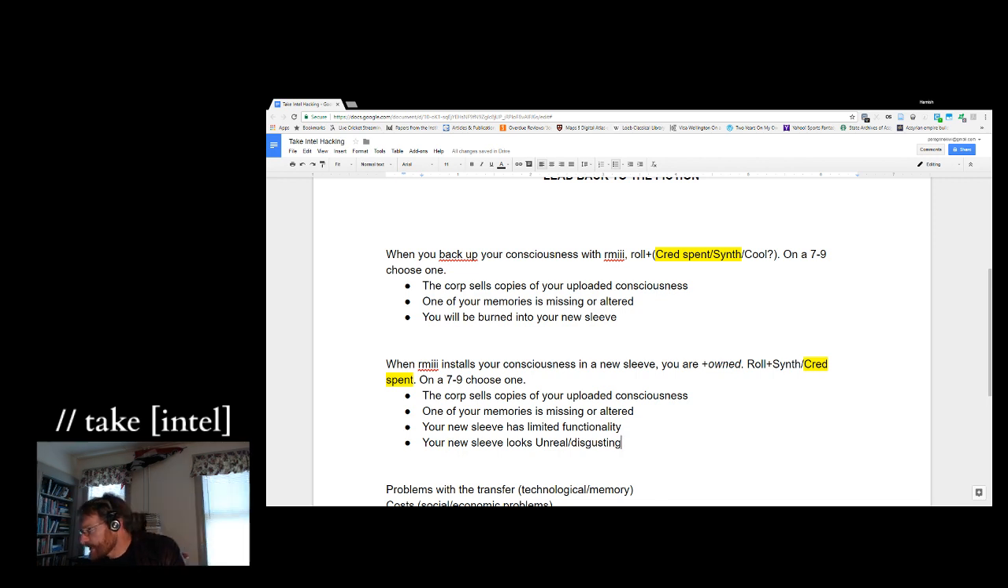Okay, I feel like there was something else in the chat that I missed. Oh, I see. Yeah. And ad7 says maybe synth, but you can also spend cred to ensure good results. Yeah, and so you could have just when you buy a new